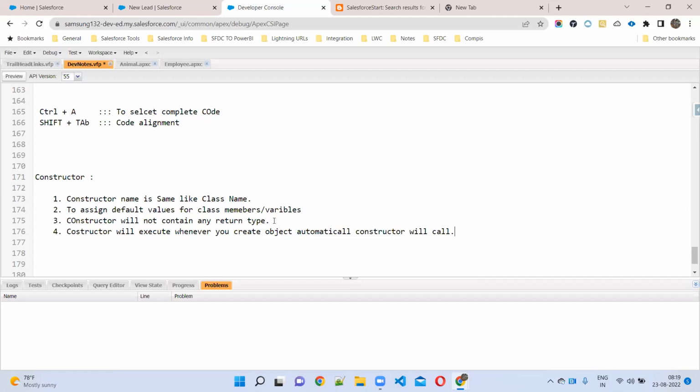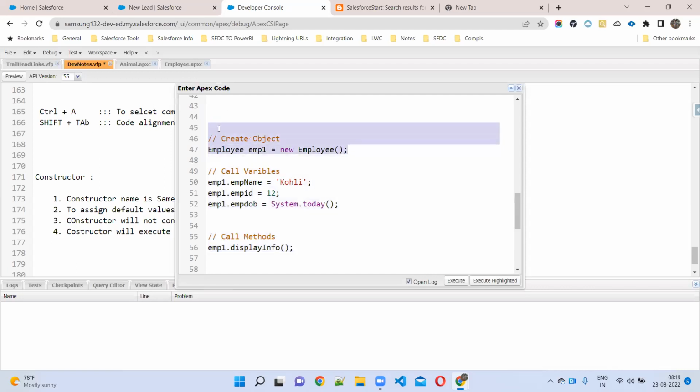So if you want to call a constructor, normally if you want to call variables, how can you call them? Object name dot variable name. How can you call methods? Object name dot method name. How can we call constructors? No need to use an object, sir. Just the class name. Just if you create an object, that's it. If you do this syntax, create an object, automatically which one will be called, sir?